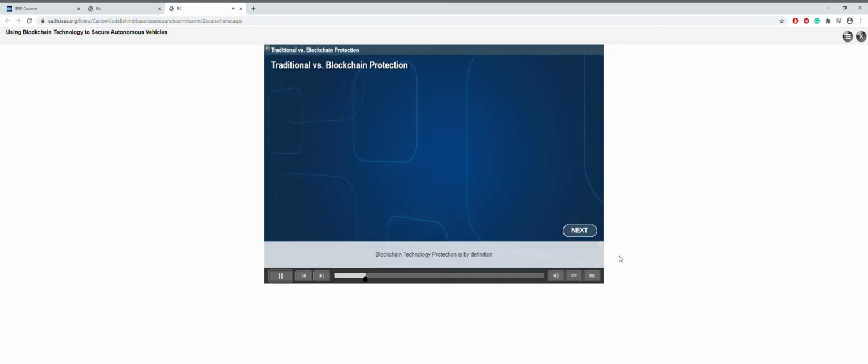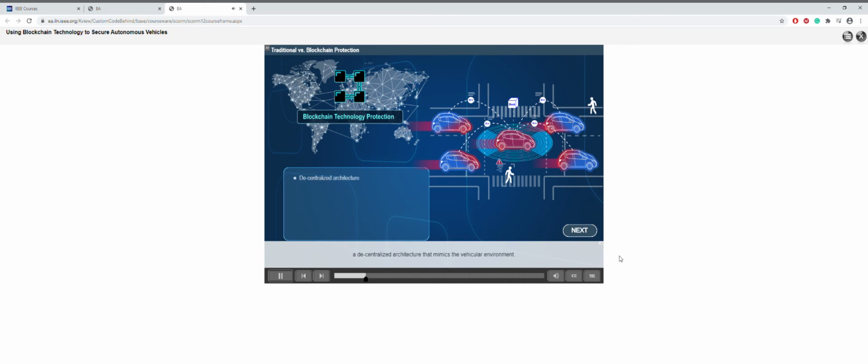Blockchain technology protection is by definition a decentralized architecture that mimics the vehicular environment. Second, it is low on resources, since one blockchain server can manage the entire system. Third, it is able to protect data that is mobile because it is decentralized and resources are distributed throughout the